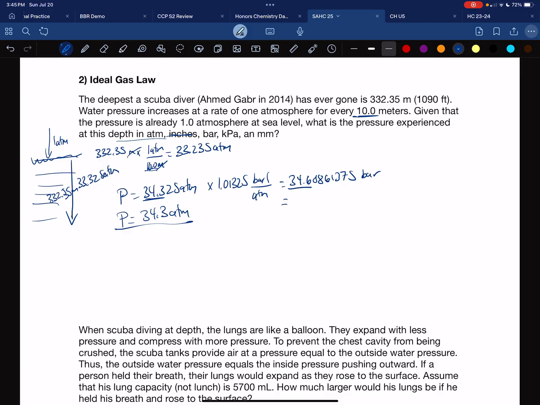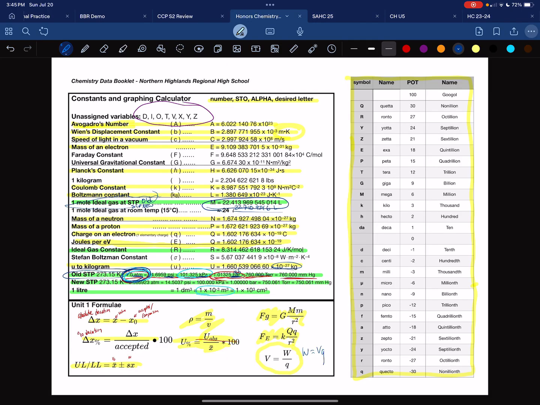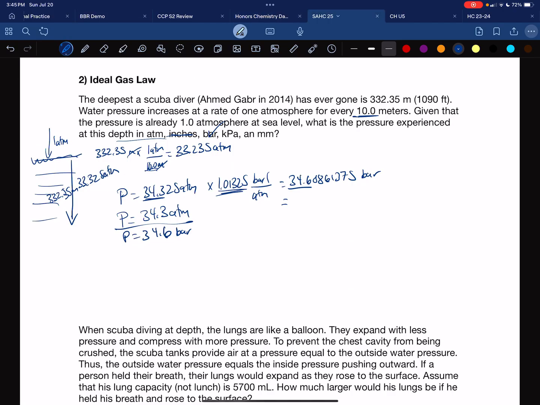So the pressure is 34.6 bars. Since we're multiplying by almost 1, the answer will be almost the same size, but a little bit larger. Now we want kilopascals. The conversion is 101.325 kilopascals per atmosphere, so we're going to take this same number and multiply by 101.325. That is going to give us